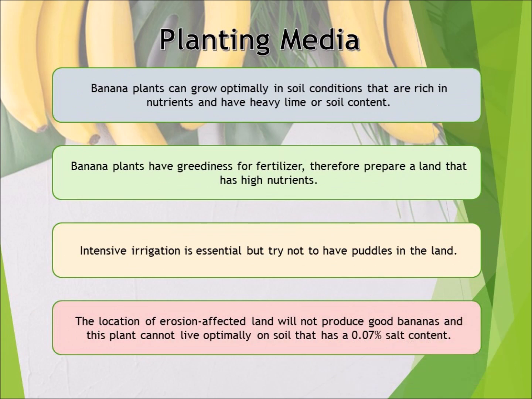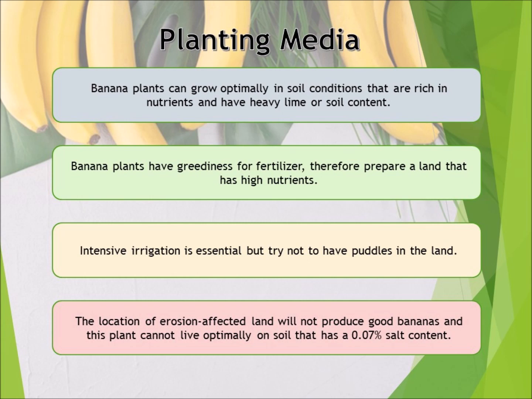Okay, the planting medium: banana plants can grow optimally in soil that is rich in nutrients and has heavy lime content. Banana plants are heavy feeders for fertilizer. Therefore, prepare land that has high nutrients, which can help banana growth. Intensive irrigation is essential, but try not to have puddles on the land. Erosion-affected land will not produce good bananas, and this plant cannot live optimally on soil that